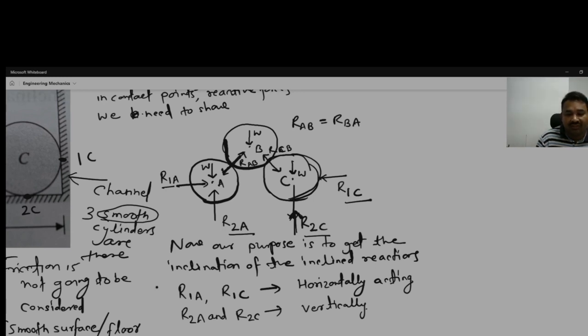So both are working vertically upwards. Okay, and R1C,